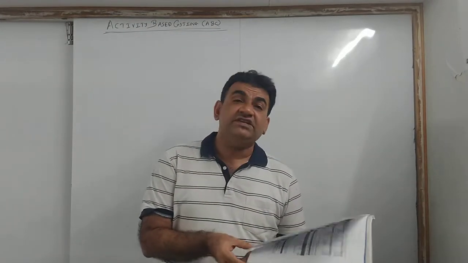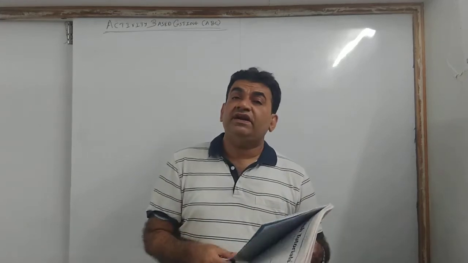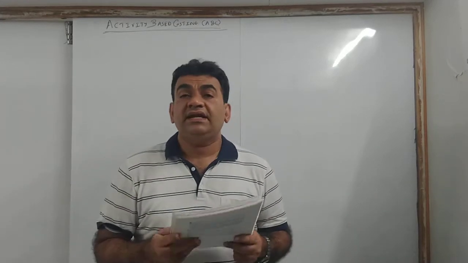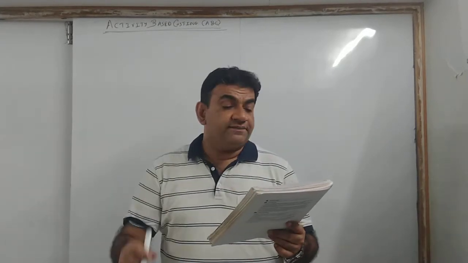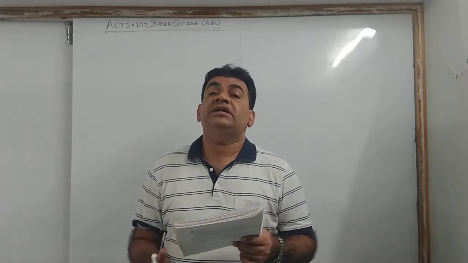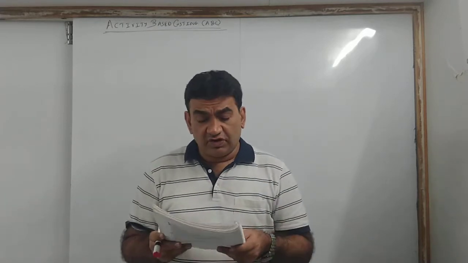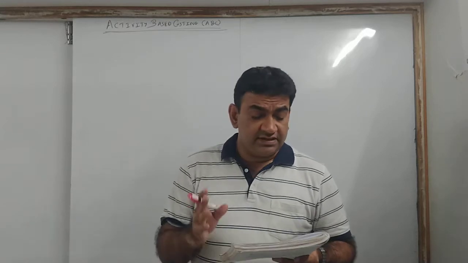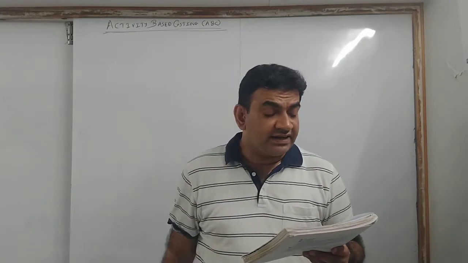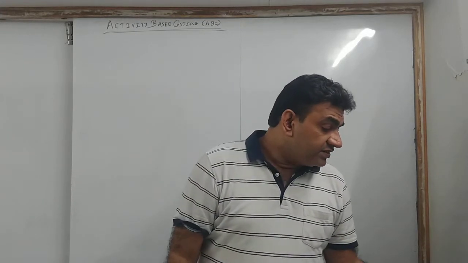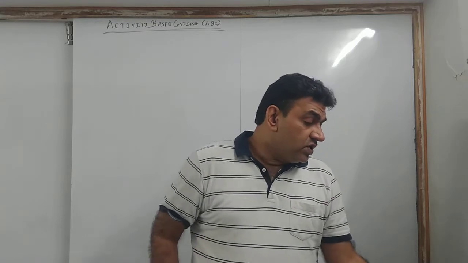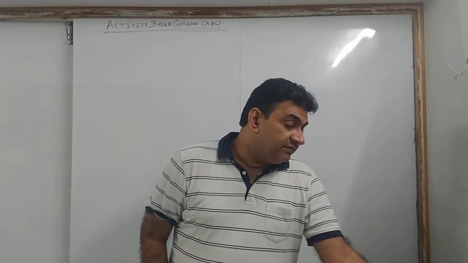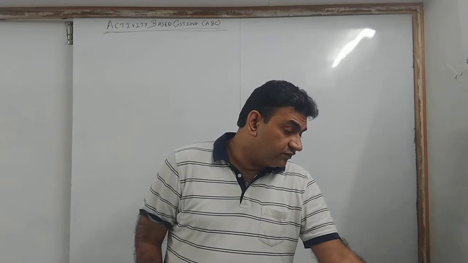In my book it is page 105. It might be different in your book, but in the practical problems of activity based costing, take out the first page, question number 2. I'll make it very simple for you. As I told you, it's a very simple chapter. Let's see. Question number 2 of the practical part. Vyas company produces 2 products. Overhead is allocated on activity. Estimated data is as follows.